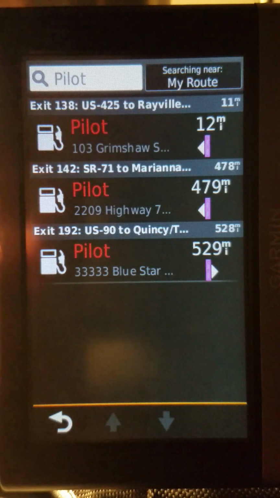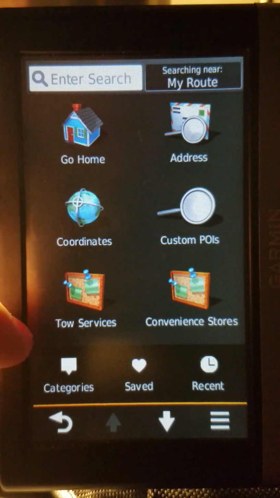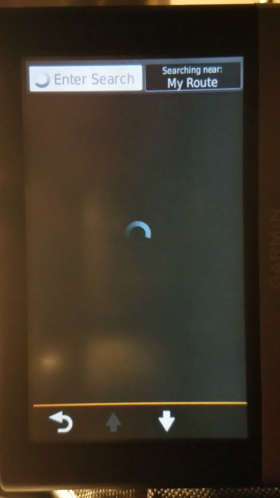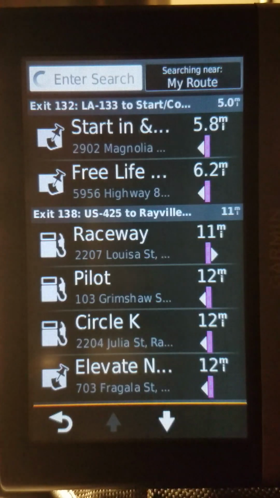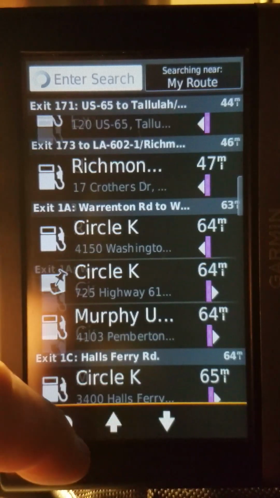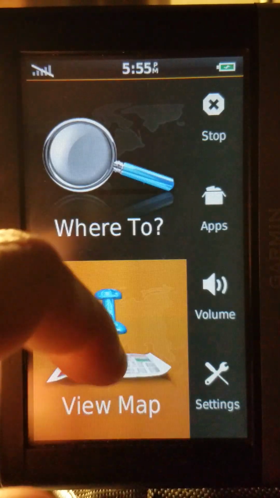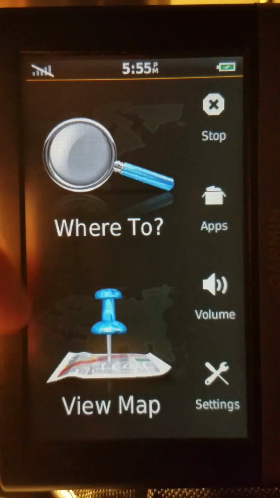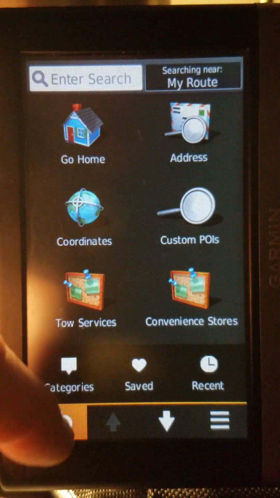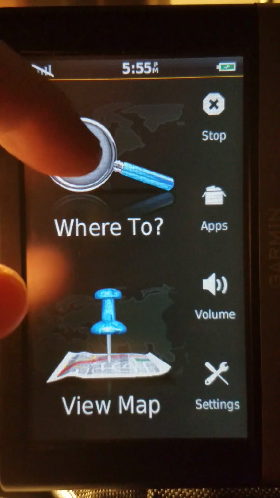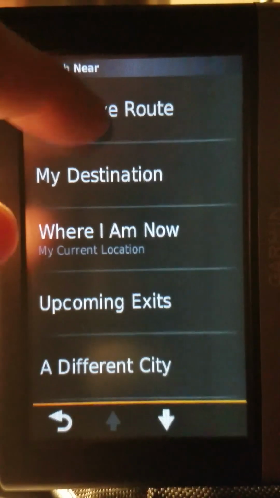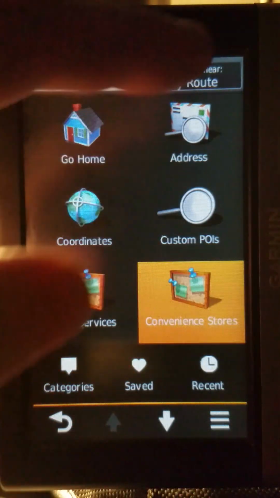But what I did is I only searched convenience stores for that one. Whereas if I just do a general search through the, see how much faster that was? And I've already got a whole bunch. The only thing you have to remember is that when you go to where to, you do have to go to my active route. Now, if you don't, well, first of all, let me show that when you do, and I did show this before in a previous video, but I do need to show this again. When you do have active route,